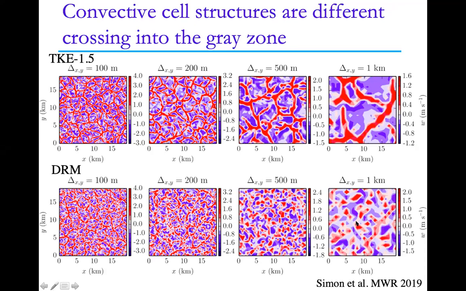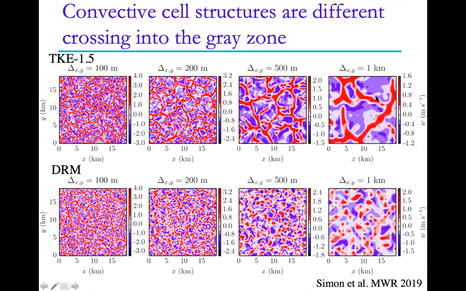So from this, you can of course compare to what you really want. At the 25 meters, you can look at the filtered 25-meter results like we did earlier to show what kind of scales should develop. And the DRM is closer to maintaining the fine scale structures that that filtered 25-meter grid would show. One way to quantify this, you can see it pretty easily visually by just looking at the patterns here. But one way to quantify the difference is to extract a critical length scale from this.